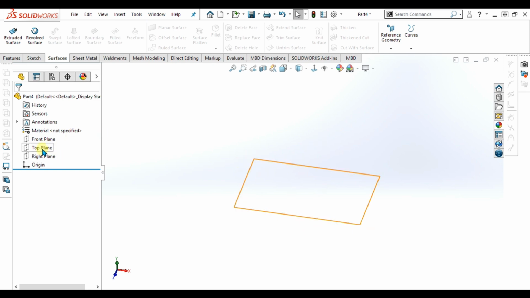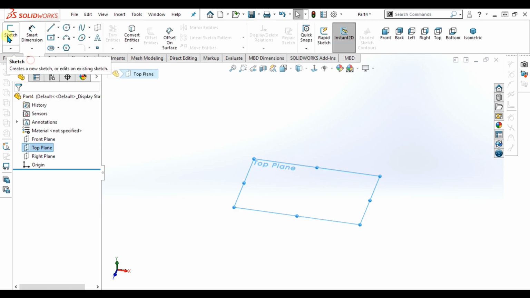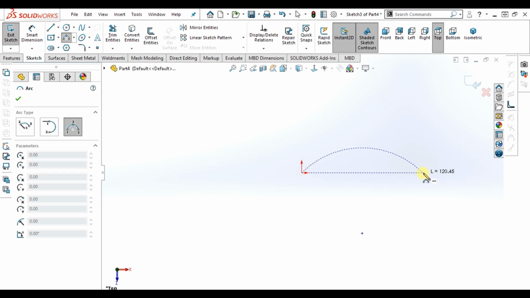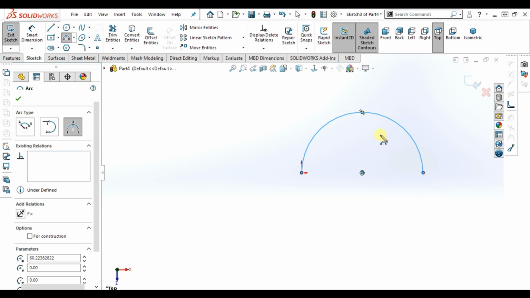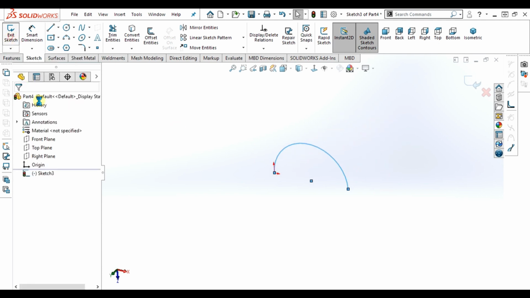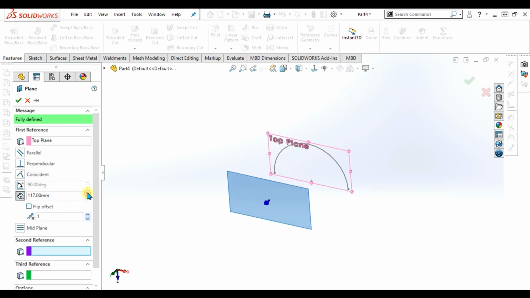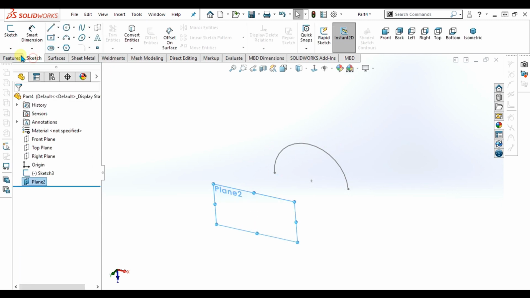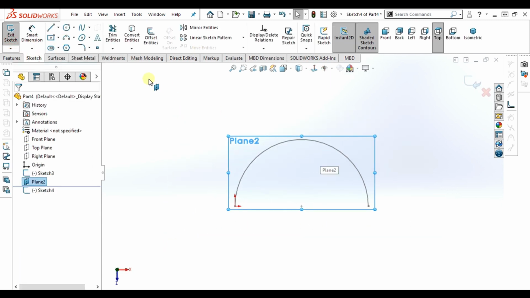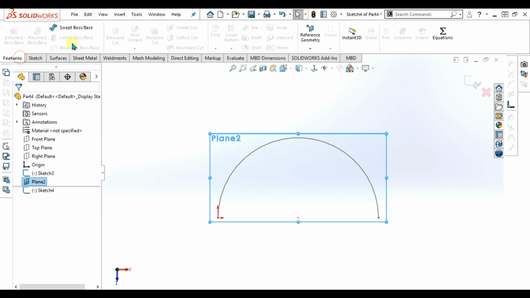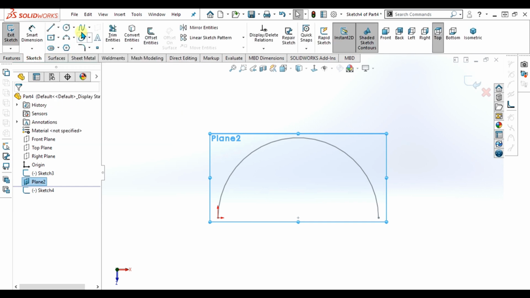First of all, let me give you a sample of how you can make some lofted surface. Like I am going to join this arc with some other arc by shifting the plane like this. Select OK from here. As you can see, our sketch is open, therefore we are going to use lofted surface. If we have to work with closed sketches, we always use the lofted boss base command from the solid features. So now I am simply going to make some spline